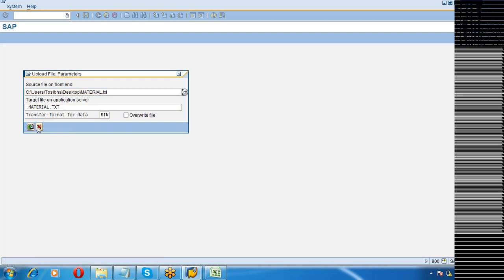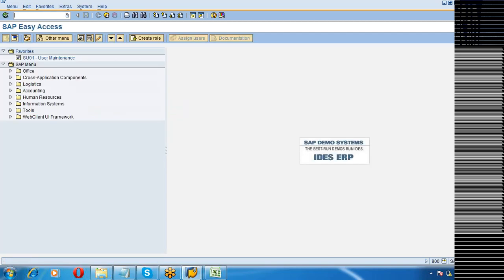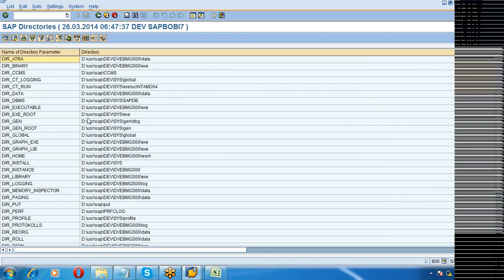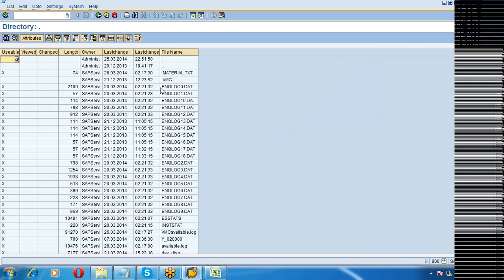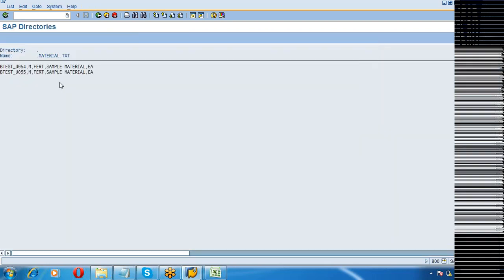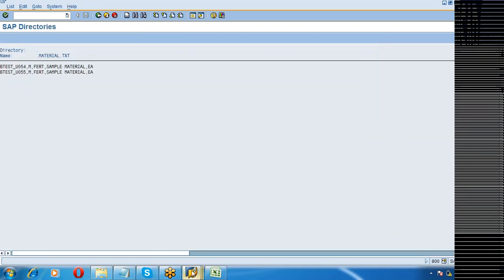It has been transferred. Okay, so let us go and check AL11. Right, the temp directory was just a dot. Material.txt, the file has been uploaded.